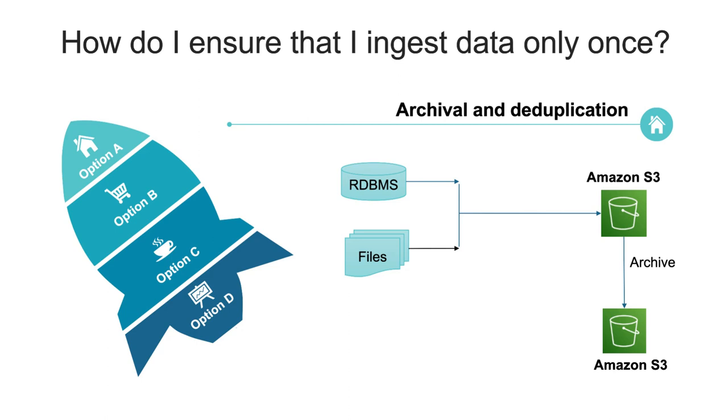So typically we create date partitions when we bring in data every day. So once the files are processed, we move the entire date partition to archive, and next day there will be a new date partition. And another way to do it is we also have to handle deduplication in our processing logic, so that even if by mistake there is data that comes in twice or thrice, we can identify it as a duplicate. Even in case of streaming data, there can be mistakes like the producer producing the data multiple times, etc. So in both the cases, whether it is batch or streaming, we should handle deduplication in our code.